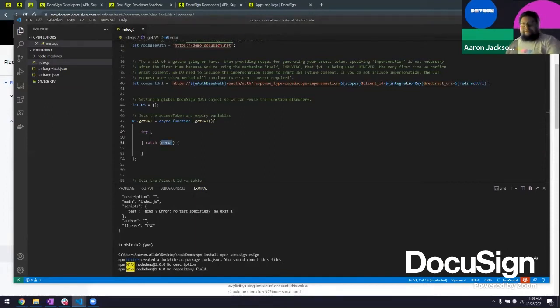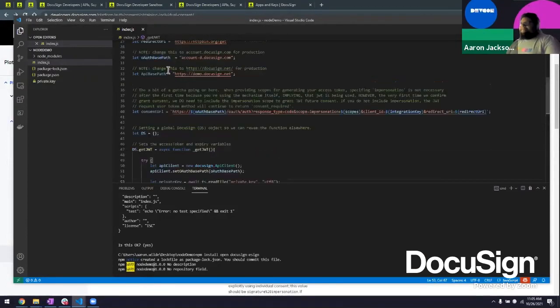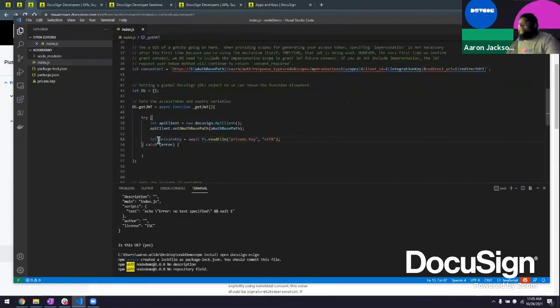And then I will do a couple of things here. So we're going to instantiate a new API client, which we imported above as DocuSign. So DocuSign API client, we're going to call it API client. We're going to set that OAuth base path above, account-d.docusign.com, and see it's highlighted showing we're not using it. And then from there, we're going to import the private key, which we set earlier. We can have it as a string, but you could also have this as an environment variable as well,